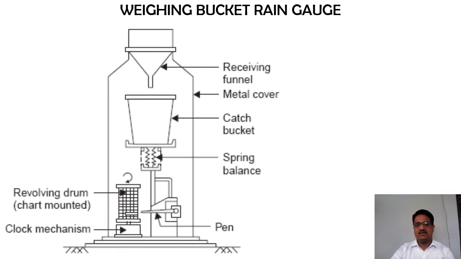Now the second recording type of rain gauge station is what we call a weighing bucket rain gauge station. At this point you can see again we have a receiver, then we have this rim, then again we have this funnel. After this funnel we have the catching bucket, or a cylinder. But now we have some extra parts beneath all this.